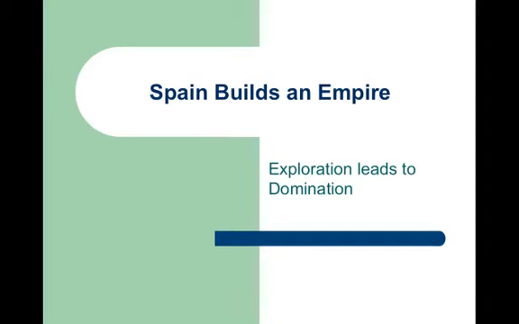Juan Ponce de Leon, one very important explorer, from 1508 to 1513, is when his explorations occur. He was the first European to arrive in Florida, and he was in search of the Fountain of Youth. Well, he obviously didn't find that, at least not that we know of. Maybe he's still living somewhere. But what he did find was a way to make a whole lot of money for himself. He became the governor of Puerto Rico, a very powerful position, very prestigious. Remember, these people take big risks, but there are great rewards. Juan Ponce de Leon got to discover one of those and realize it for sure.